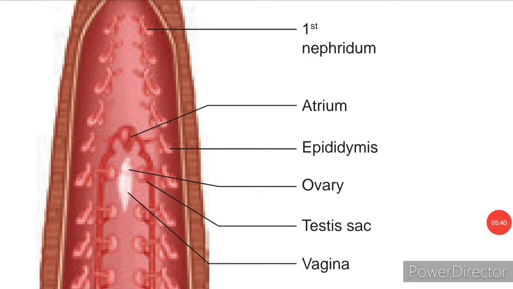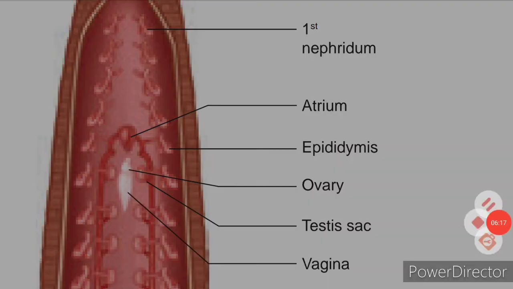Next is the female reproductive system, and this consists of ovaries, oviduct and vagina. There is a single pair of the ovary in the 11th segment. Here you can see a white ribbon shaped structure, isn't it? So this is the ovary. So each ovary will be a ribbon shaped structure. Now from the ovary arises the oviduct. So there are two oviducts on either side which join together to form the common oviduct, and this common oviduct leads to the vagina, which is located in the 11th segment.